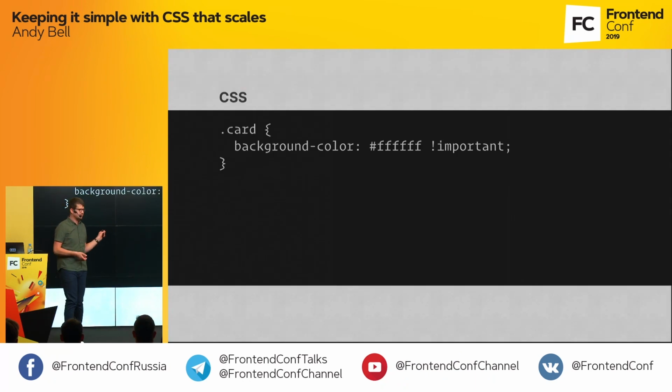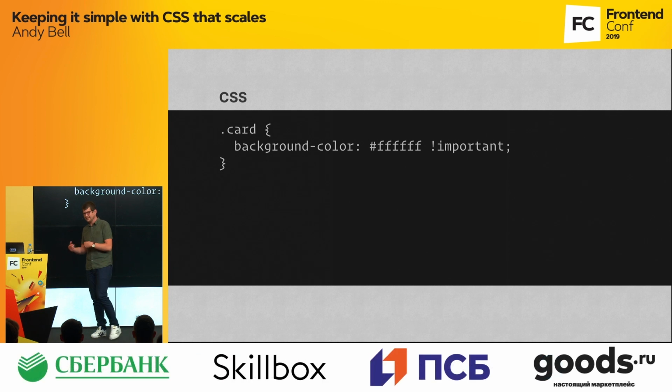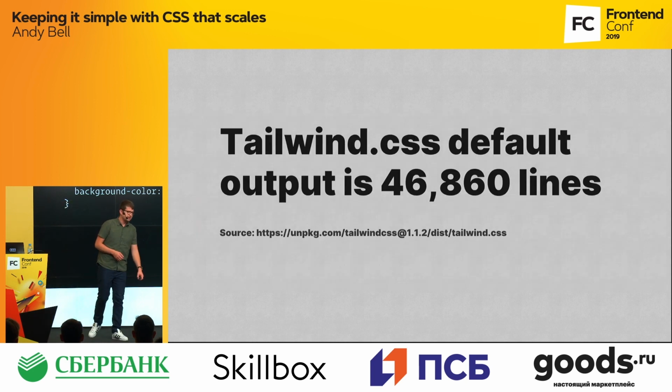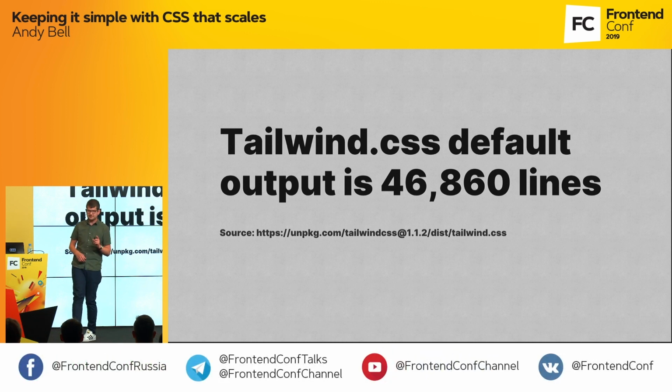So we end up with stuff like this in our code, where we're setting importance. So we're going back to where I was talking about before, where you can find yourself creating issues in your own CSS. And the same goes for most CSS frameworks. I know I picked on Bootstrap. It's easy to pick on Bootstrap. But Tailwind CSS is another one, which I think is fantastic. And I've used Tailwind to generate design tokens before. I think it's a really cool framework.